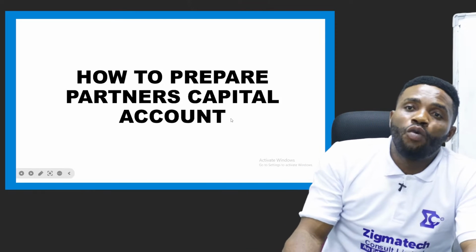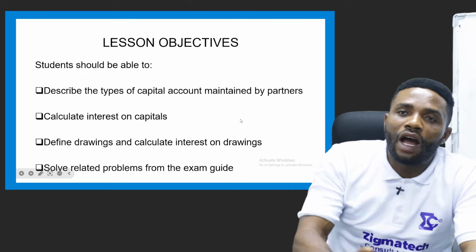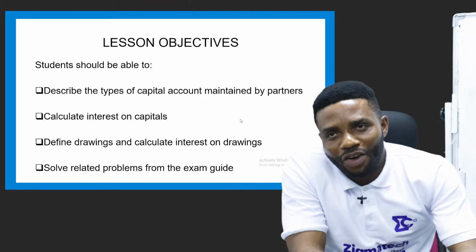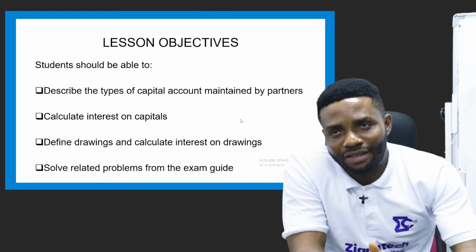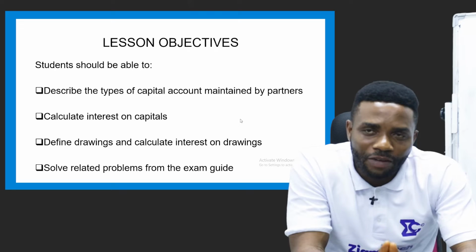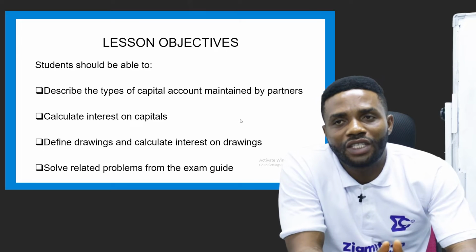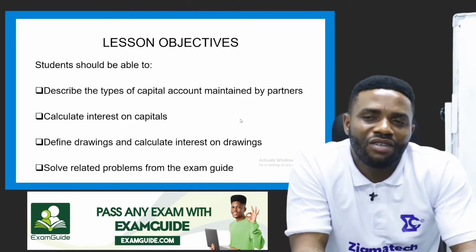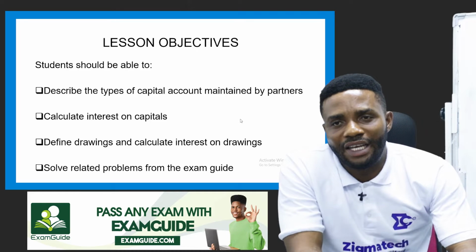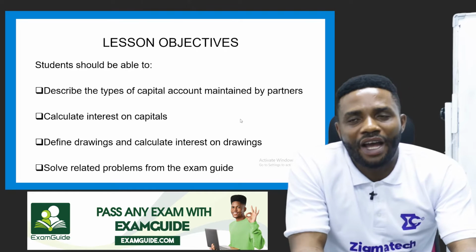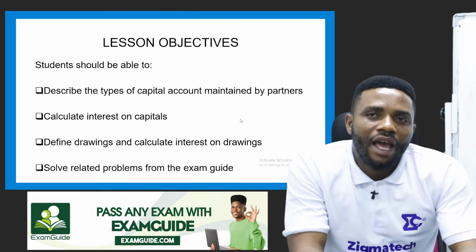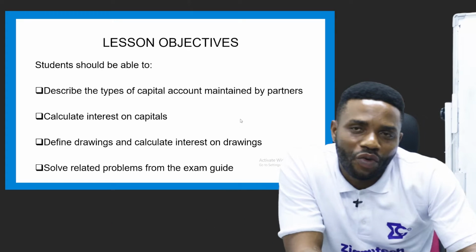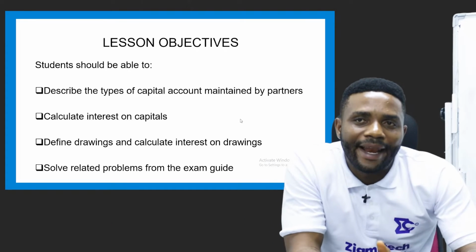Having said that, we want to look at what I call our goal map for the lesson, or what I call our compass, or the goal or the focus of our lesson. Those things that will guide our interaction. We are not just moving aimlessly. We have a target. We have where we are going. And those things that will serve as a guide to where we are going constitute our lesson